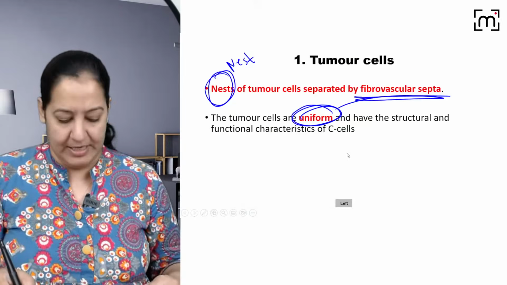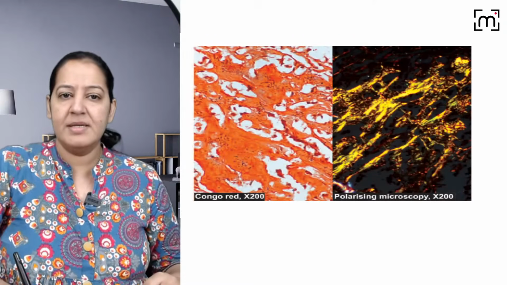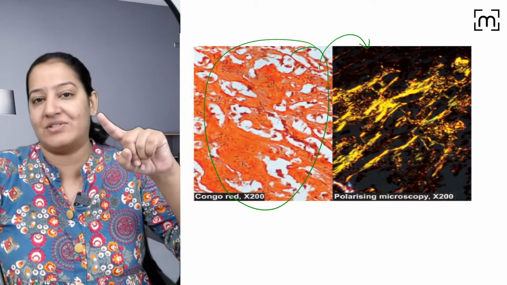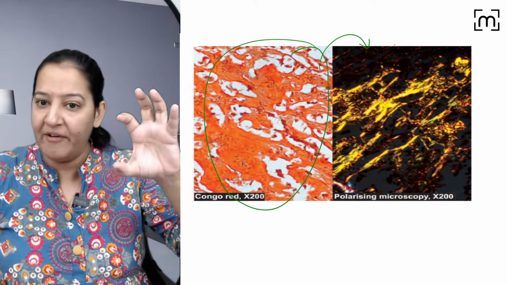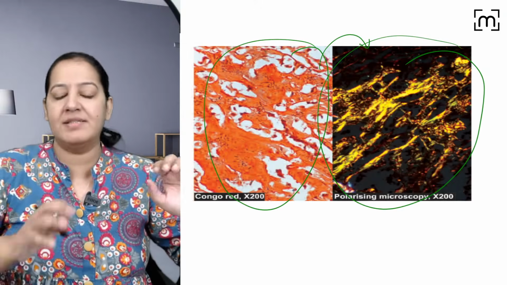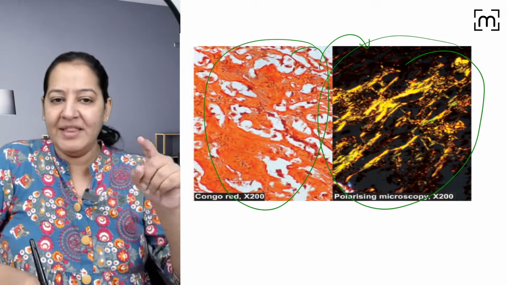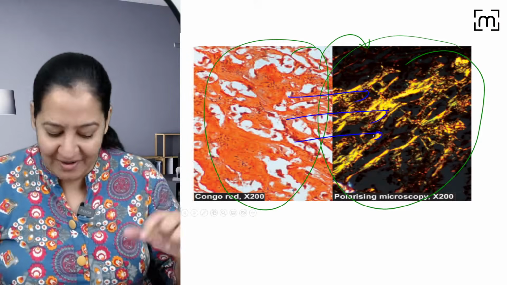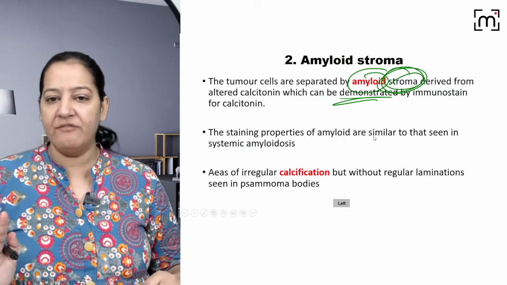So, listen, this is the pink color amyloid, right? If I see the same on Congo red stain, in polarized light, you can see wherever it is pink, it gets converted to green. What I mean, the pink color gets converted to green. Can you see? Apple green. So that is the amyloid. For the confirmation,